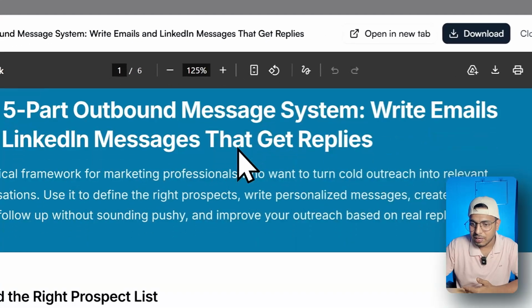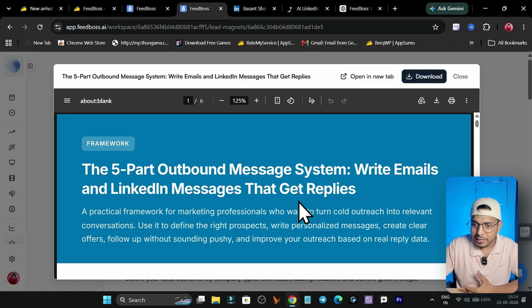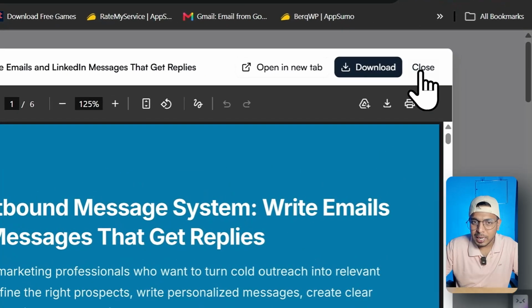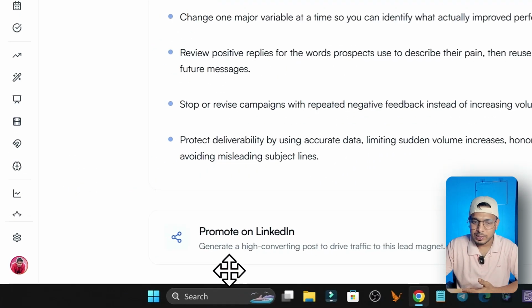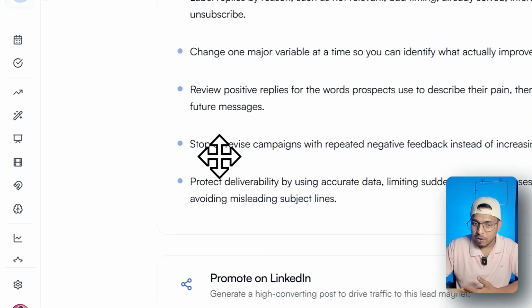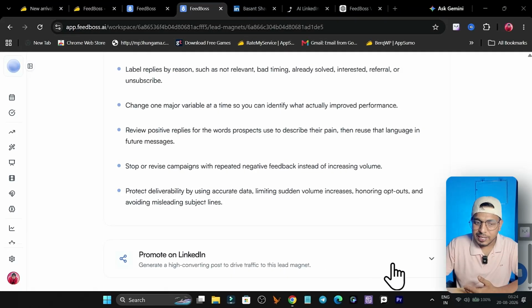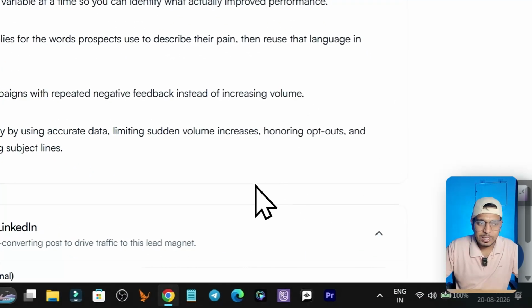Literally time saving. Can you imagine how much time it can take you to create or design this kind of freebie? Even if you have the template, it can take around 5 to 10 minutes. But now this is happening in just a few seconds. Now here's the best part. For this freebie, you don't even need to write the content manually here.